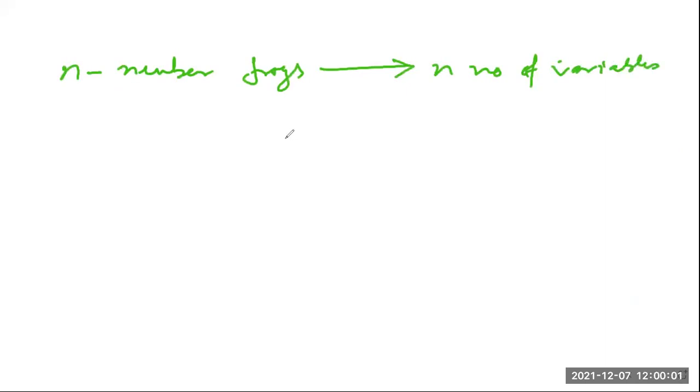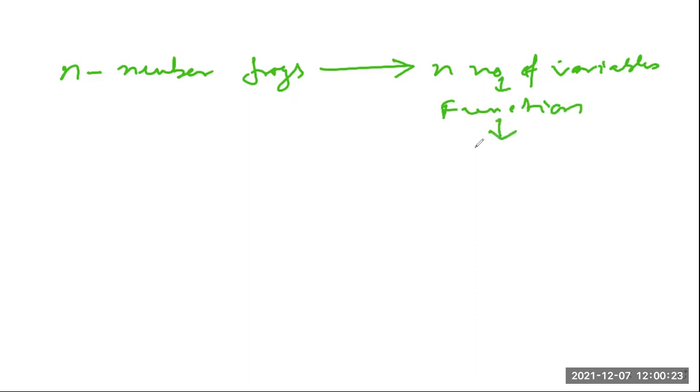We have n variables in the mathematical problem, so n frogs correspond to n variables. These n variables are correlated and explicitly expressed in a mathematical function.